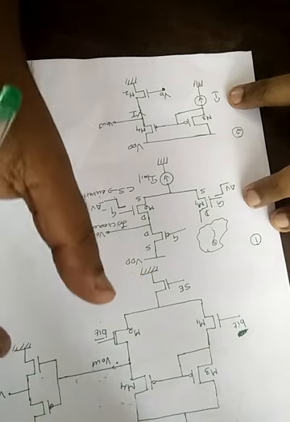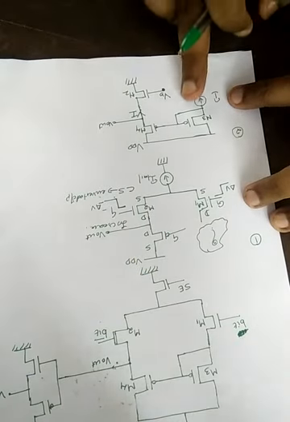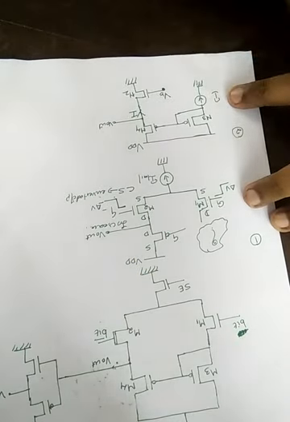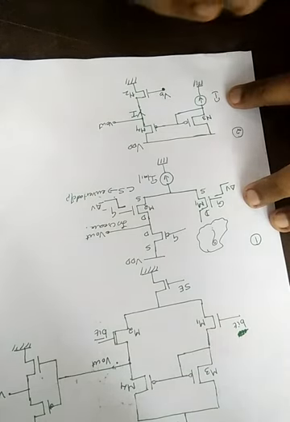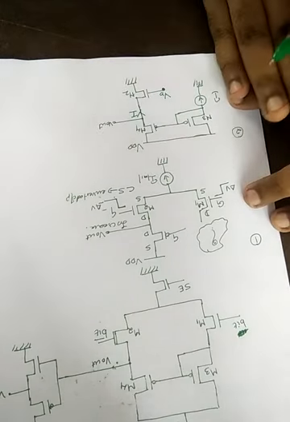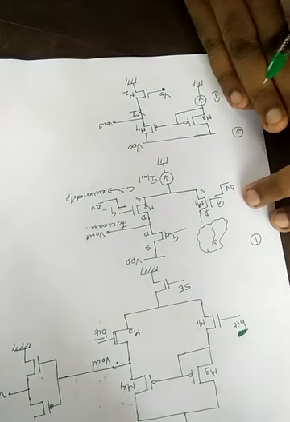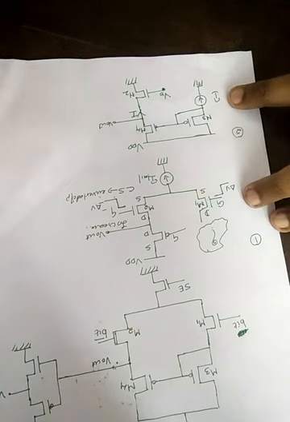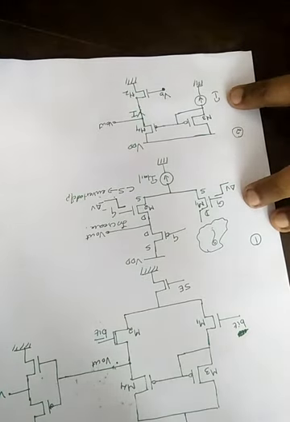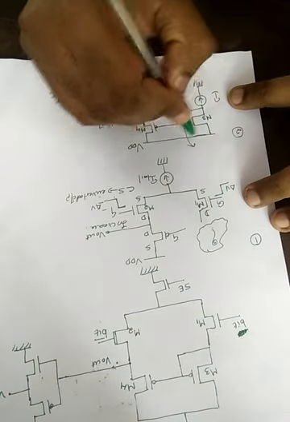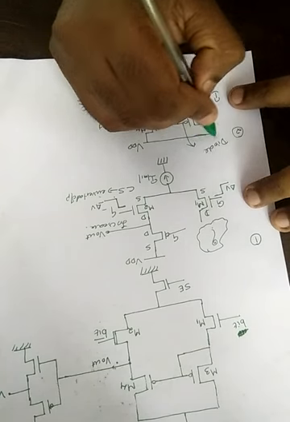The first thing that you should keep in mind is that, as a result of this current mirror arrangement, the current flowing through this arm is exactly copied to this arm. If the current I is flowing through this arm, the entire current I will flow through the second arm. And this arrangement of transistors for making this current mirror is known as the diode connected arrangement.